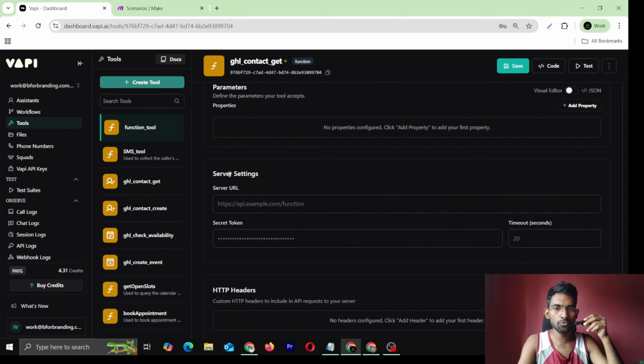so once you go to tools, just tap on tools and you need to tap on create tool. Okay, so once you tap on create tool, you will have this option as Go High Level. So once the connection is done, you will have this option as Go High Level. So you need to create these 4 tools here. Once you tap on contact get,